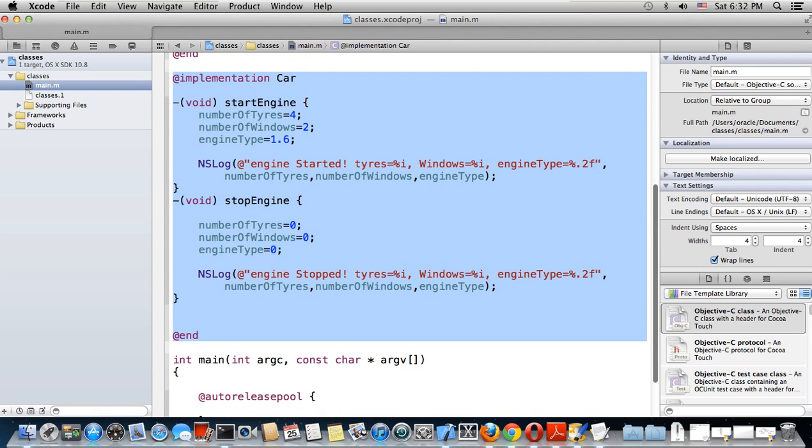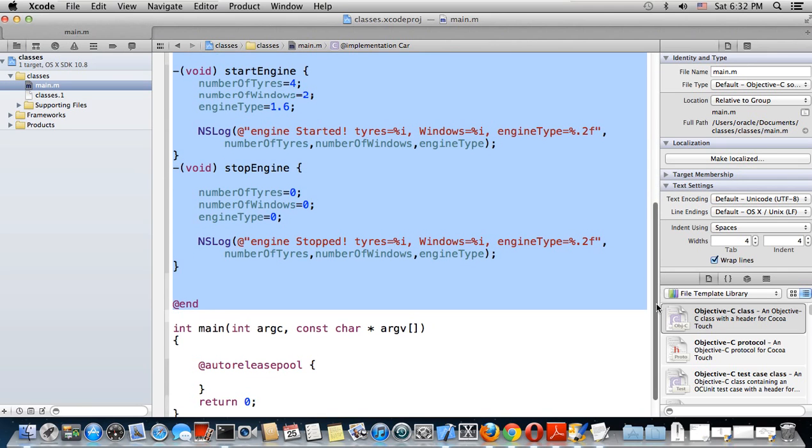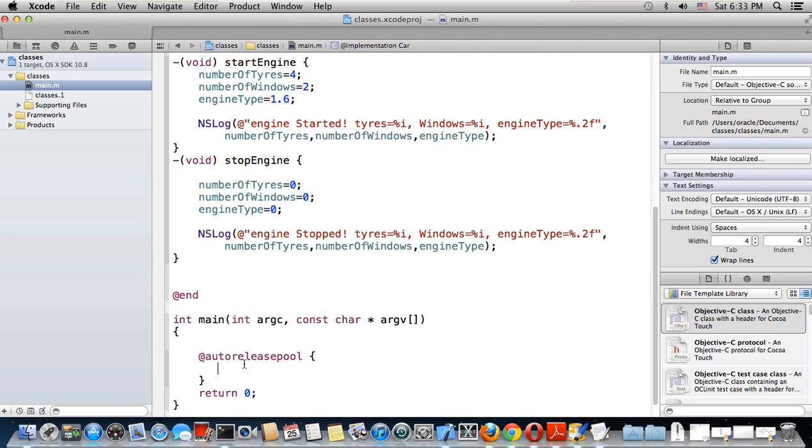And of course it must end with the @end word. Now, till now, as I told you, it's just a matter of preparing a class. I have not yet used the class. So to start using the class, first,